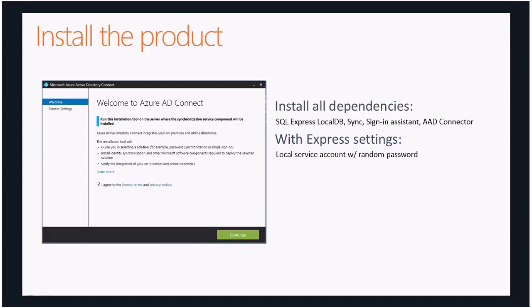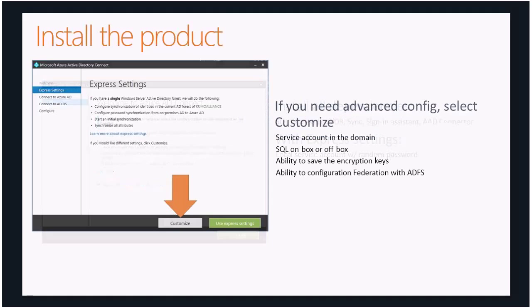Now, if you do the Express settings, it's going to basically install most of that with a local service account and use a random password. But generally, if you want to go through, you certainly can customize it. You can select that option, and once we do that, we can now go in and specify the account in the